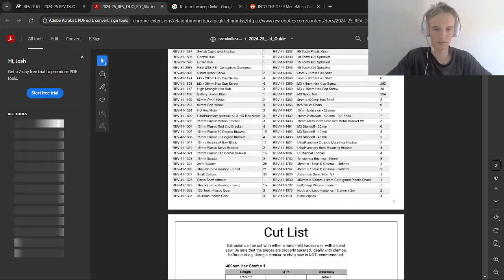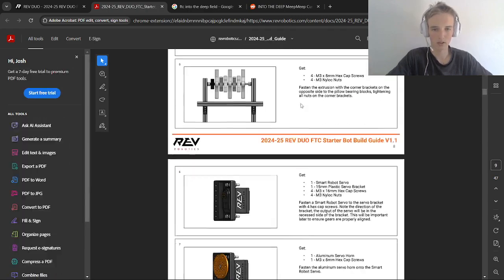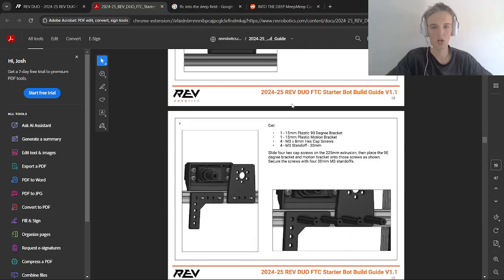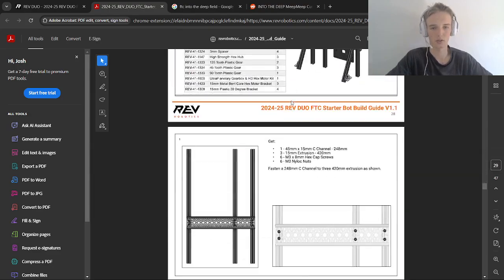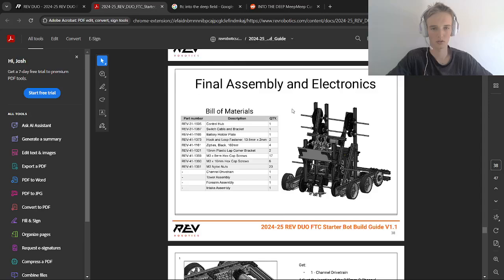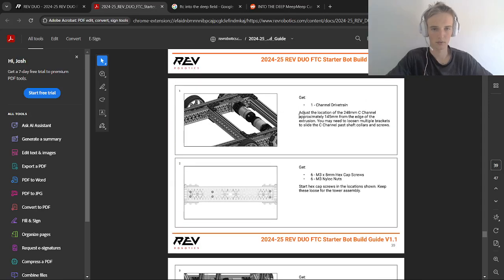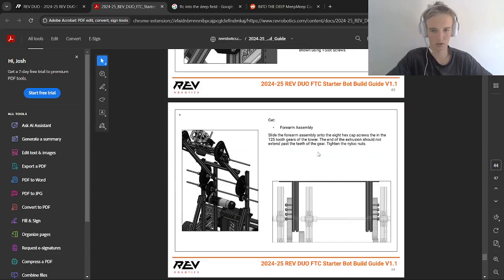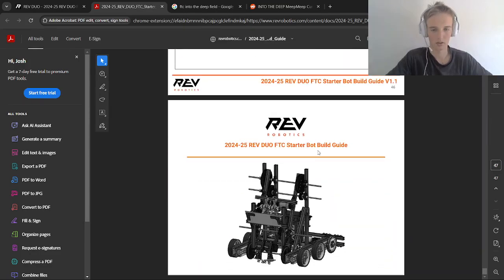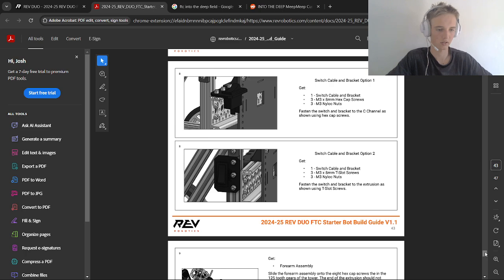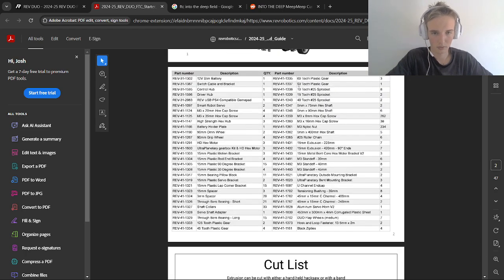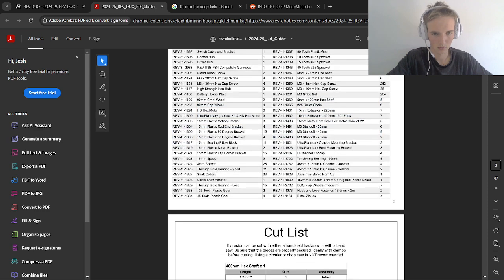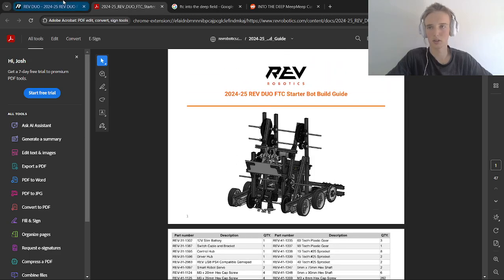So if we go down here, assembly guide for this, we need to find the drivetrain. I don't know if they have the drivetrain in here. Drivetrain, okay. And then we need to get the custom gearbox motors. No, it doesn't tell us the exact ratio. No, okay. So what you're going to need to do is you're going to need to go here,